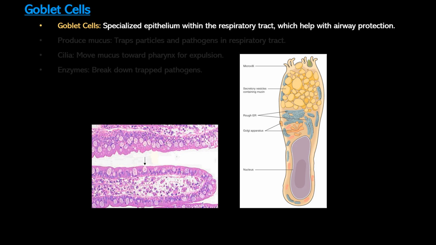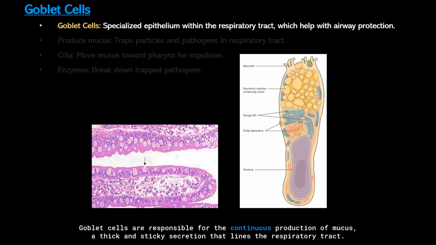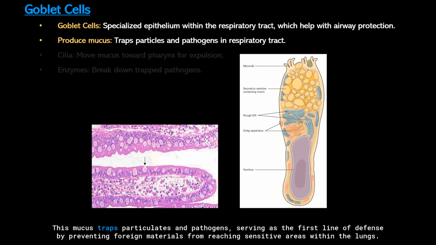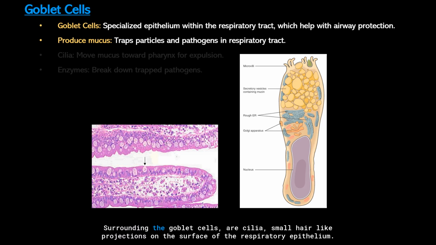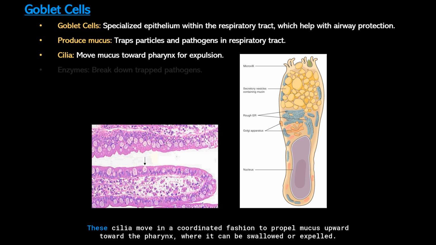Goblet cells are responsible for the continuous production of mucus, a thick and sticky secretion that lines the respiratory tract. This mucus traps particulates and pathogens, serving as the first line of defense by preventing foreign materials from reaching sensitive areas within the lungs. Surrounding the goblet cells are cilia, small hair-like projections on the surface of the respiratory epithelium. These cilia move in a coordinated fashion to propel mucus upward toward the pharynx, where it can be swallowed or expelled. This ciliary action is